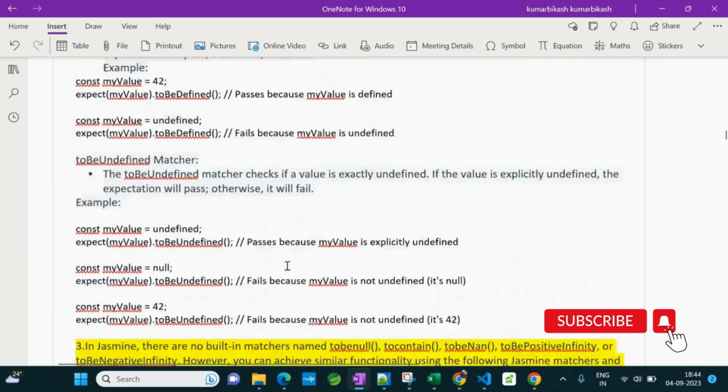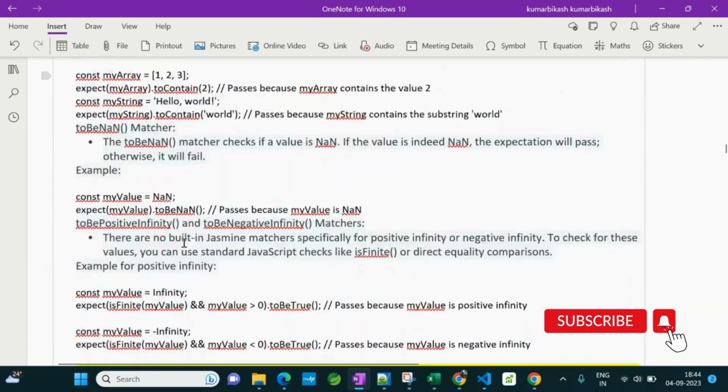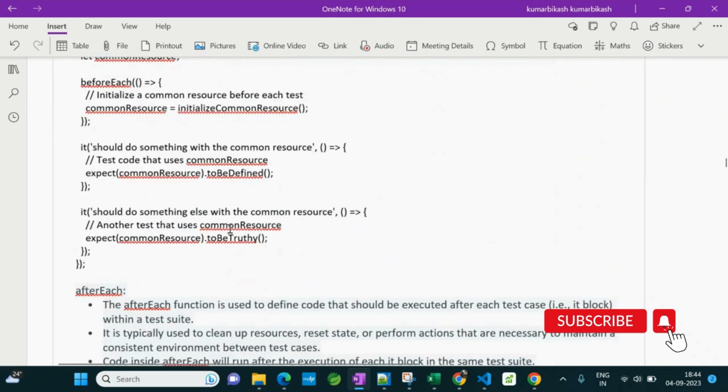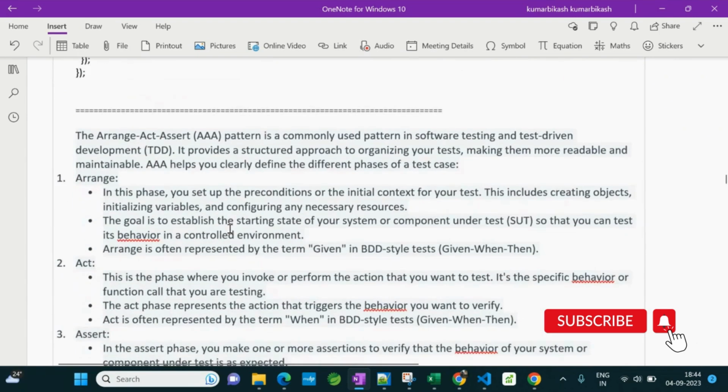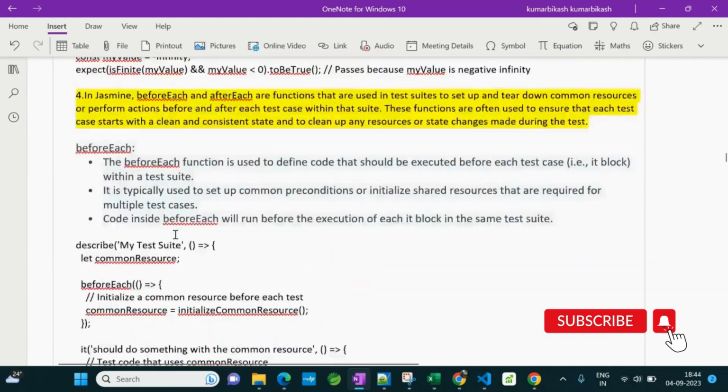Then, moving ahead, we will be discussing how the values are defined. Then we have the afterEach and beforeEach functions that are used in the test suite. And in the next tutorial we will be discussing Arrange-Act-Assert. So let's focus on